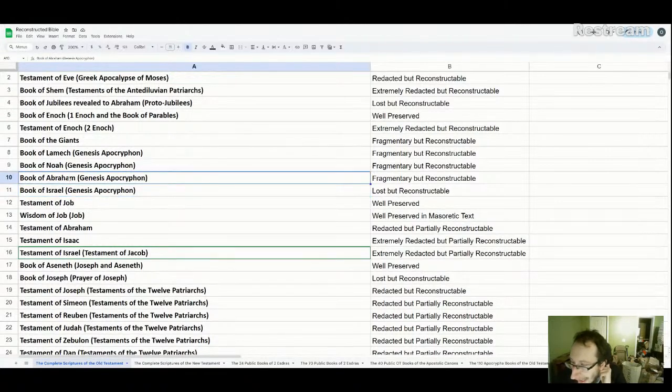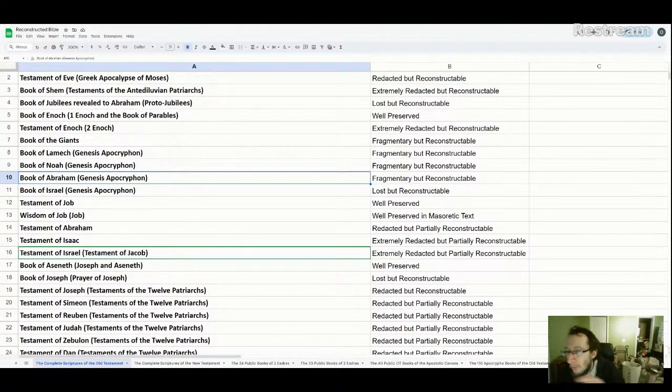So we can use the Book of Abraham, we can use Genesis and Jubilees to reconstruct the Book of Abraham. The same thing we did with Noah, that we're going to do with Noah, where we take Jubilees and Genesis and fill in the missing portions of the fragments for Book of Noah. We can do the same process for the Book of Abraham. And so essentially, where did Jubilees and Genesis get the stories about Abraham? They got it from the Book of Abraham. And we see in later writings, like the Testaments of the Patriarchs, that it actually references the writings of Abraham, that it was a source for some of the sacrifice laws of the priesthood.